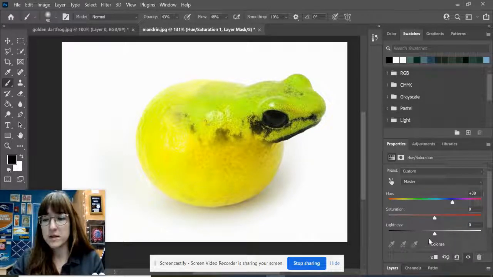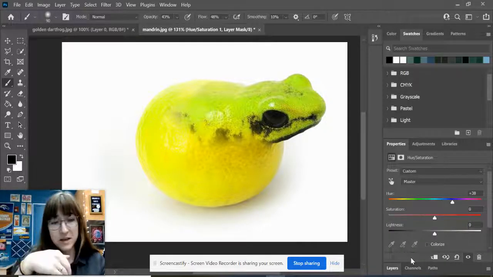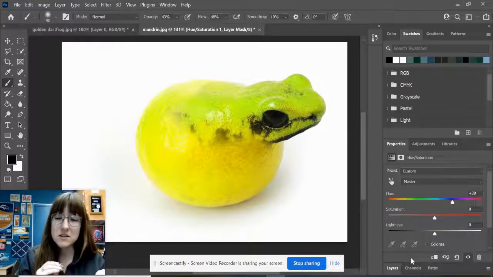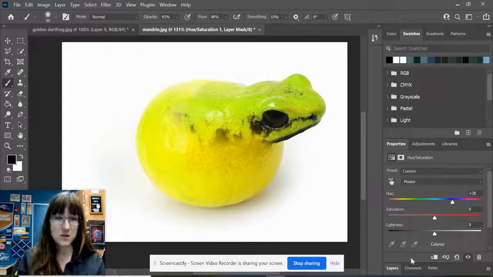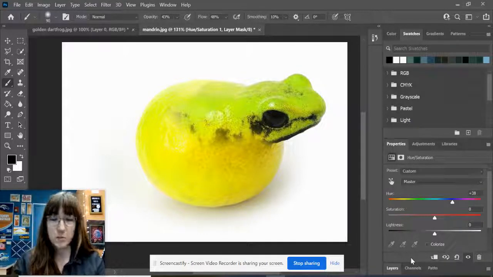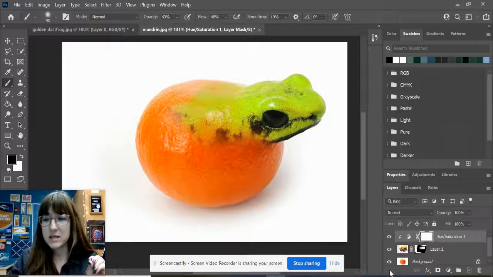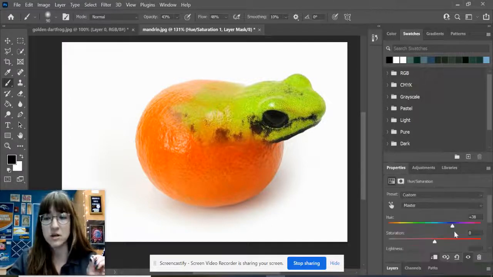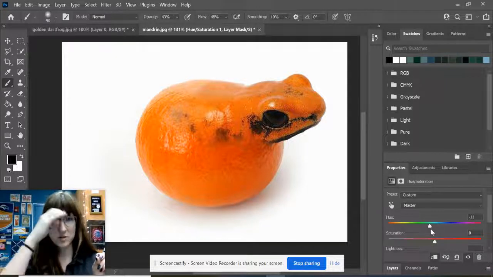So you're going to look for a button that looks like this, where it's like a square with an arrow pointing down, and that arrow pointing down has a slash through it. So what that means is that this layer adjustment is being applied to everything that's underneath the adjustment layer. But I want it to just apply to the frog. So if I click this and then I look back at my layers, you're going to notice that that adjustment layer now has a little arrow on it that's pointing to the frog. So now I'm just going to be changing the color of my frog, and I want to change his color so that he matches. So I want to turn him into like a reddish orange, which looks pretty good,